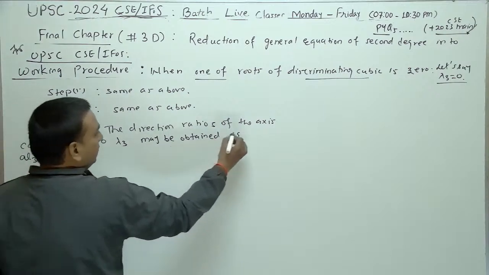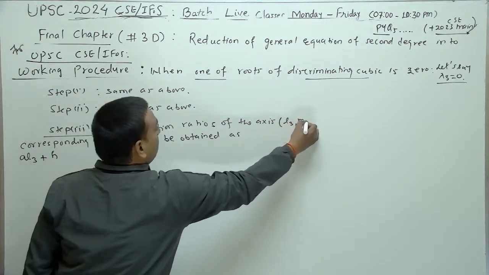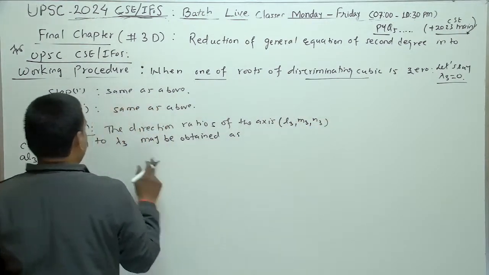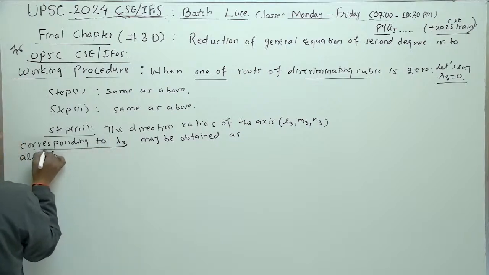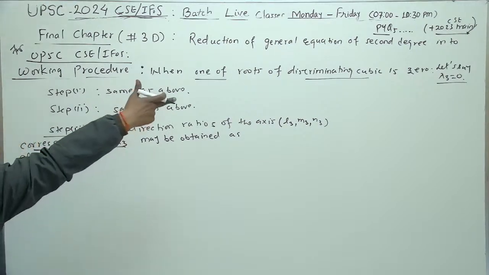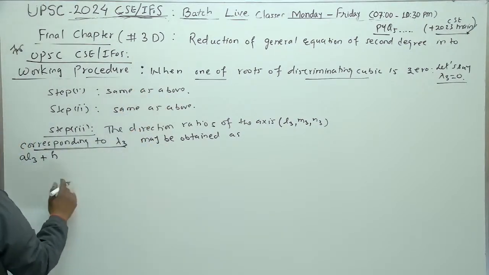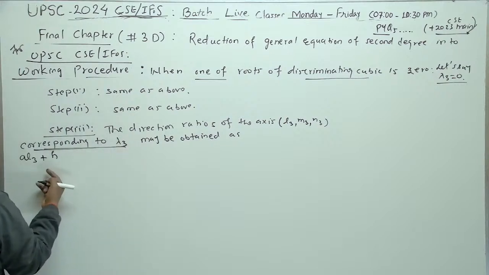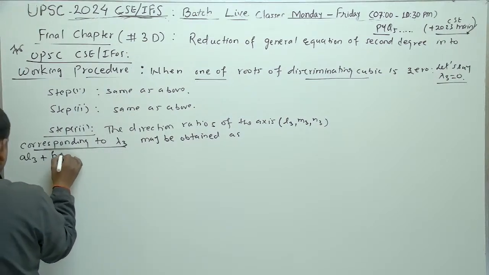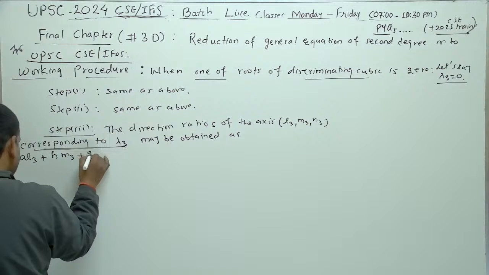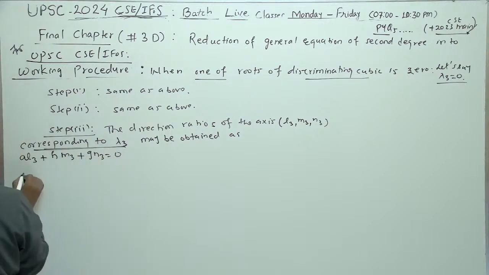So DRs of the axis, let's say इसको मैं बोल दूं L3, M3, N3 corresponding to that value which is 0, lambda 3 का. ठीक है? So those can be found by AL3 plus HM3 plus GN3 equals to 0,